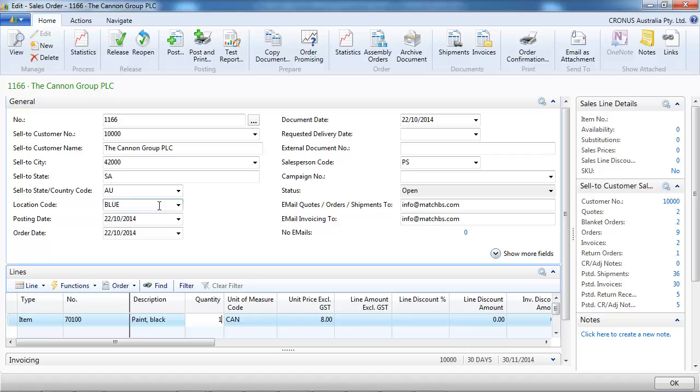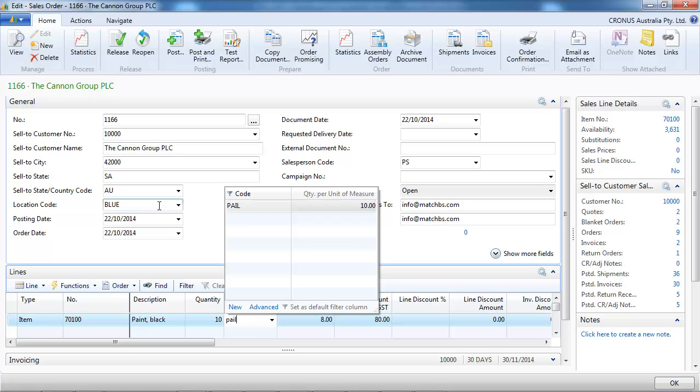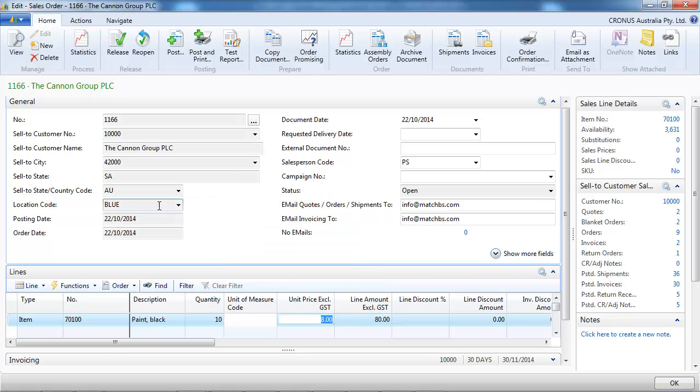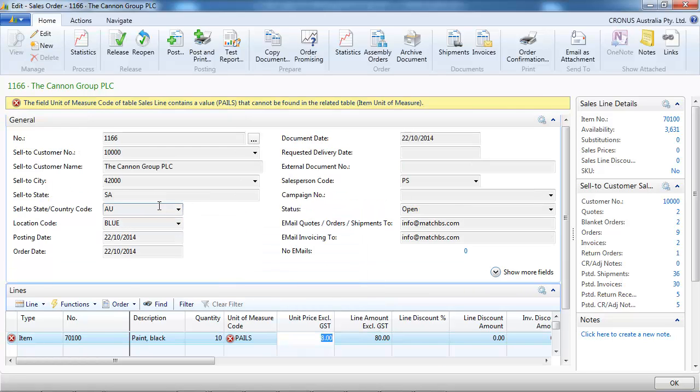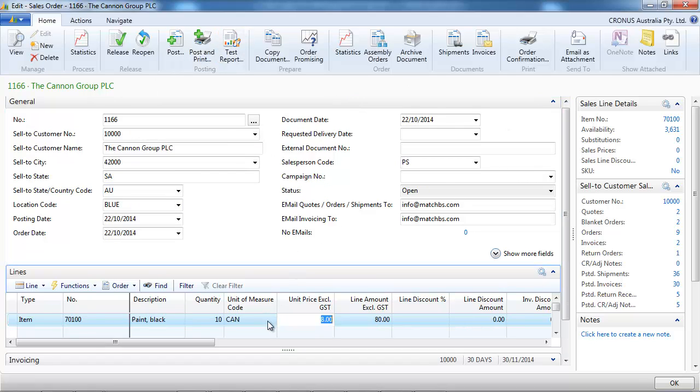Something else. So if we enter, for example, another unit of measure than this one, so we enter pairs and we come up with an error message saying it does not exist. So how does NAV do that? We're going to see